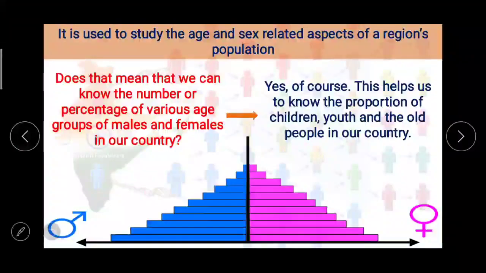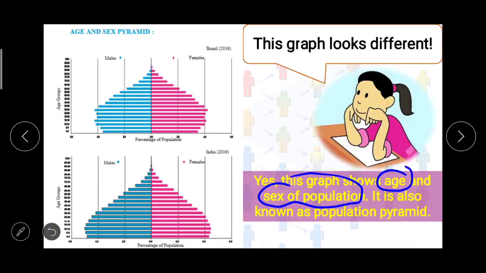So it is used to study the age and sex related aspects of a region's population, which mean that we can know the number or percentage of various age groups of males and females in our country, and this helps us to know the proportion of children, youth and the old people in our country. If you go back to this slide, then you can see here age group is given, and by this we can understand,